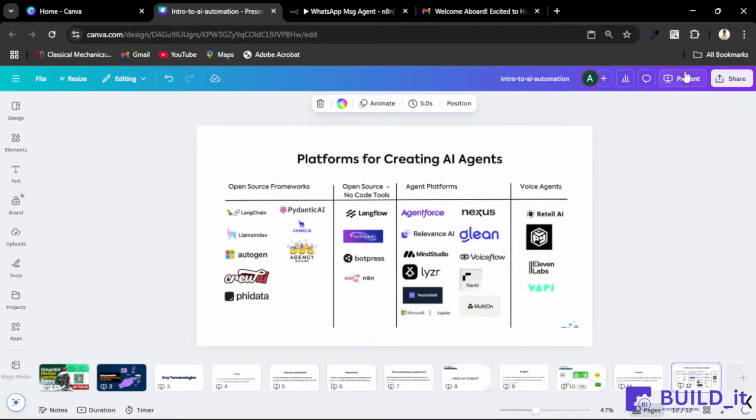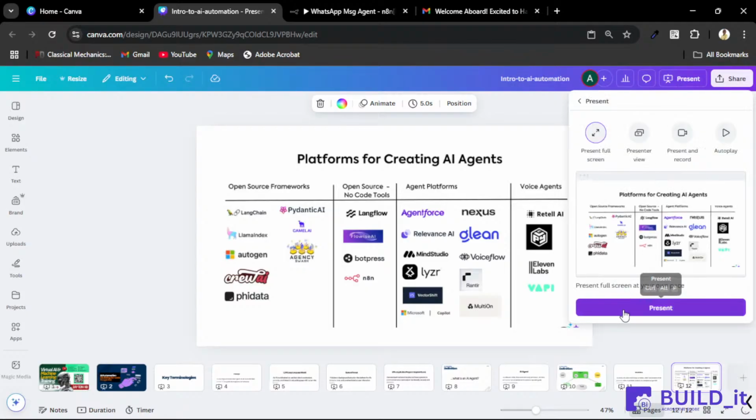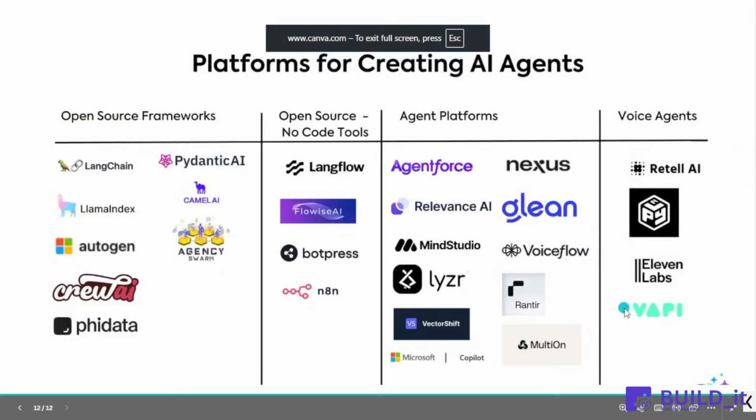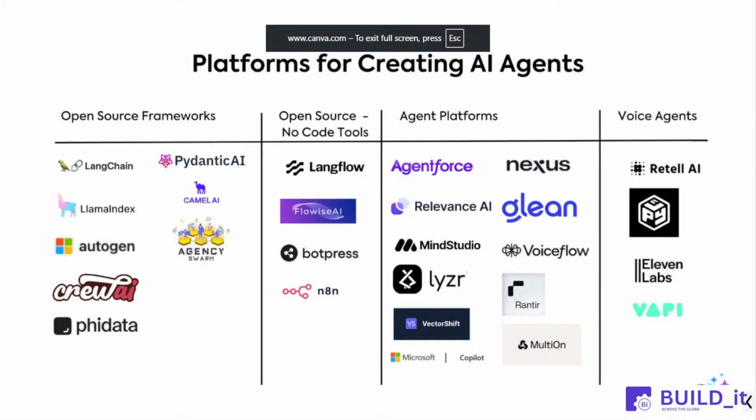Now the final part of what we have is platforms for creating AI agents. Yes. Now we have open source frameworks. So the open source frameworks: Pydantic AI, Camel AI, LangChain, and then the rest. These frameworks sometimes require you to code, right? And then we have